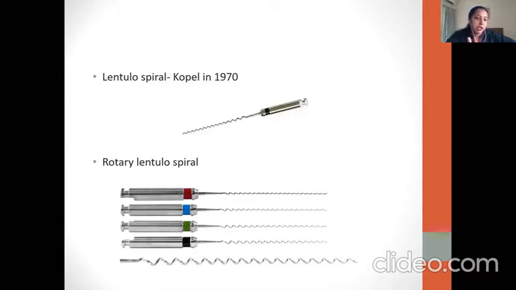Unwinding means the anti-clockwise direction of the clock. You place it inside the material and rotate it, so that the material is picked up onto the lenticular spiral, and then you take the lenticular spiral into the canal and move it in the clockwise direction. The reverse of what you used in picking up the material. That is how it will get onto the walls.